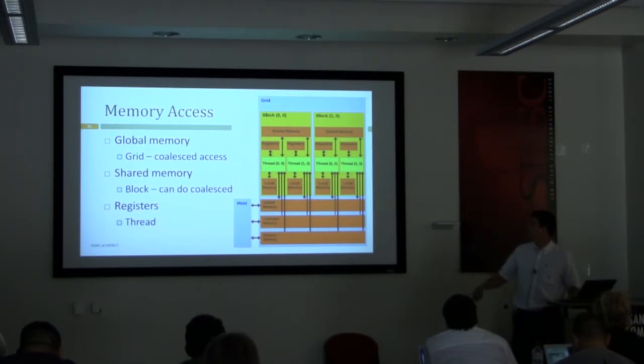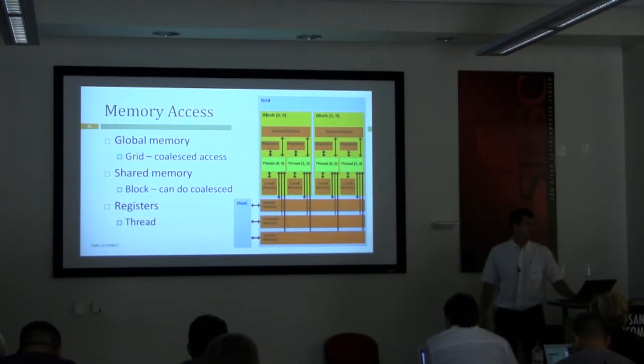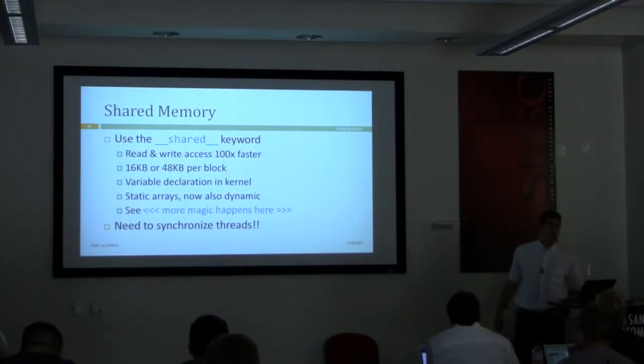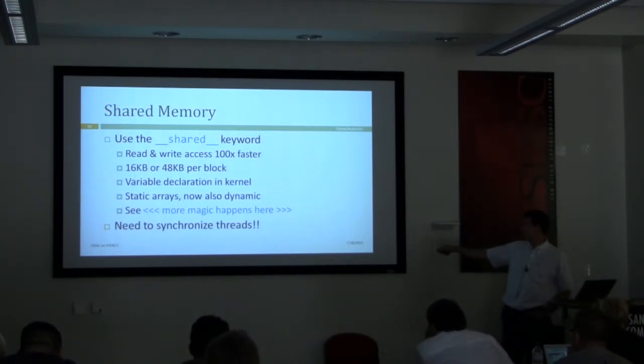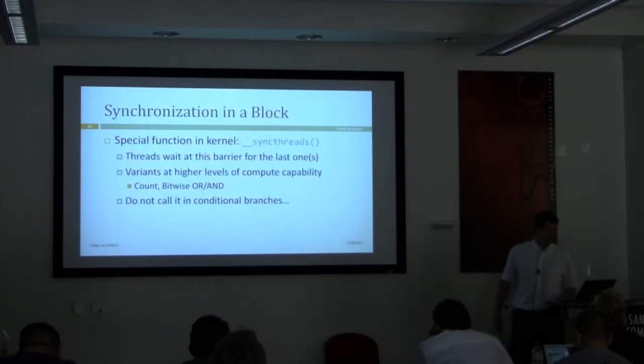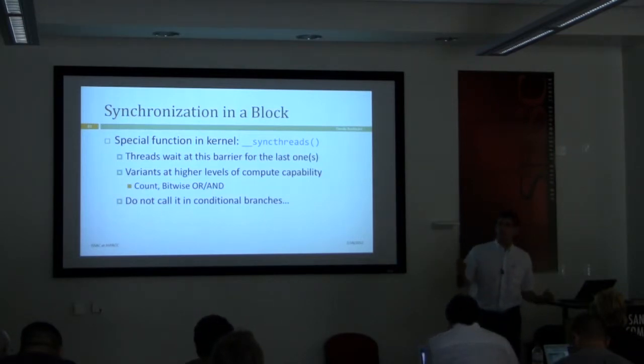So the threads have the registers, blocks have the shared memory essentially to themselves, and the grid has the global memory. Shared memory is something that you program by using a special keyword called shared. When you declare the array or the variable, you can just stick this on top of it. I won't discuss this too much. You'll get to this essentially on your own, I think. Synchronization is important, though. Right? So as soon as you start,